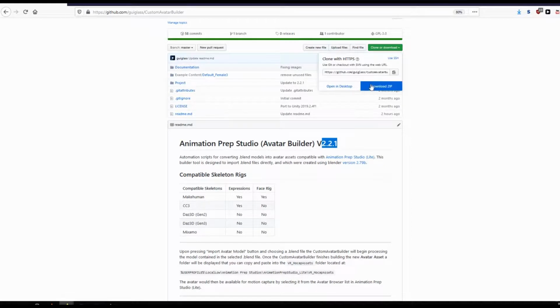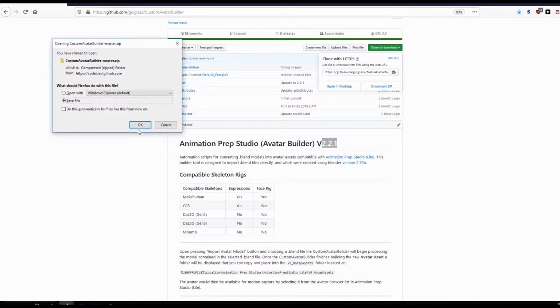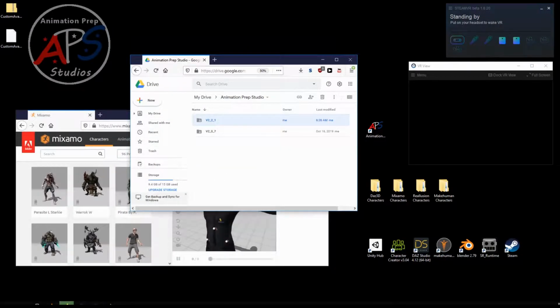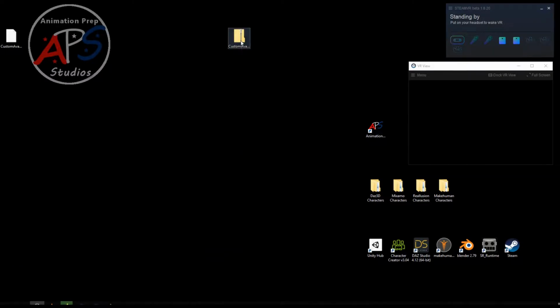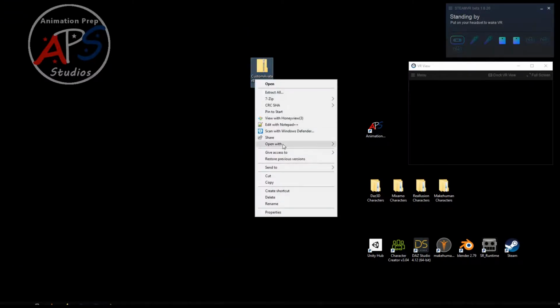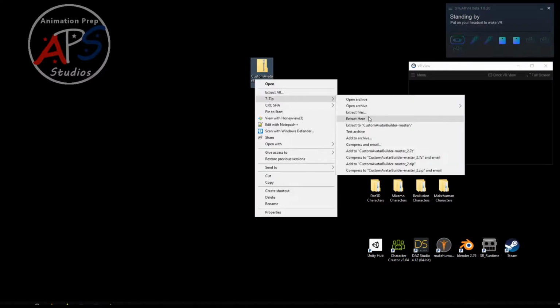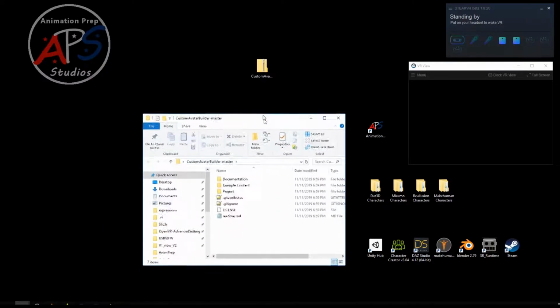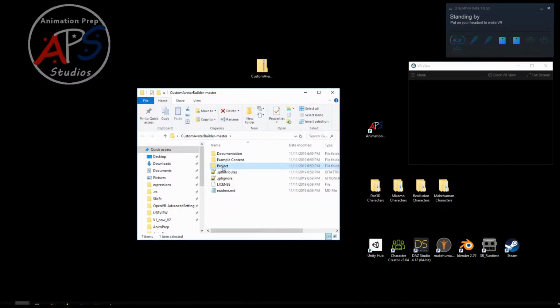Clone and download this project. Download as a zip. Save it somewhere on your hard drive. When that file is completed downloading, extract the content and navigate to the project directory contained within. There you'll see a Unity project